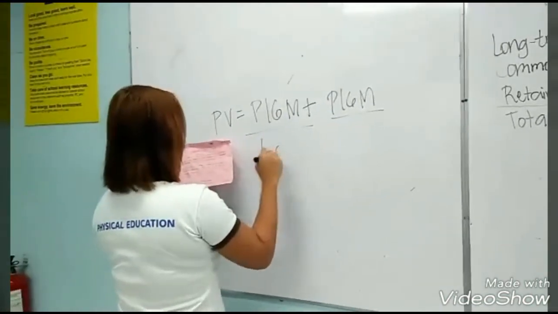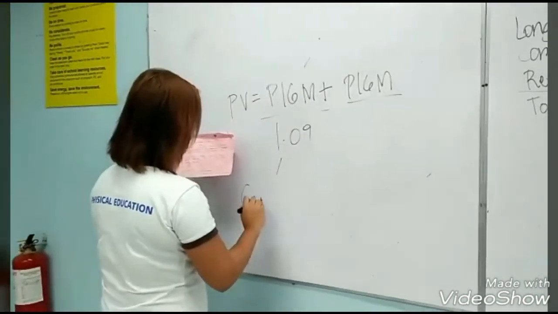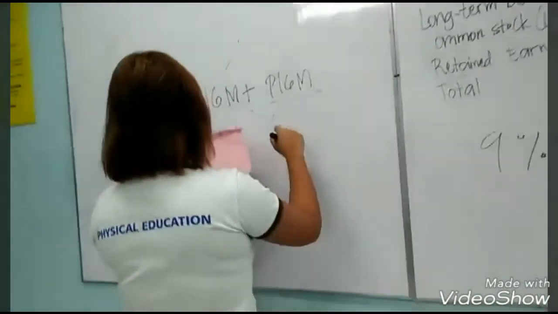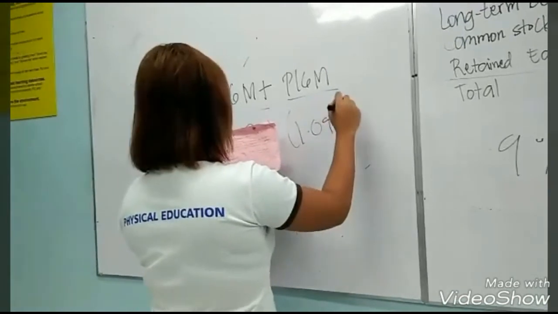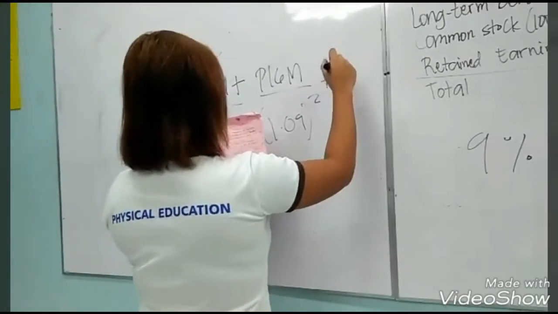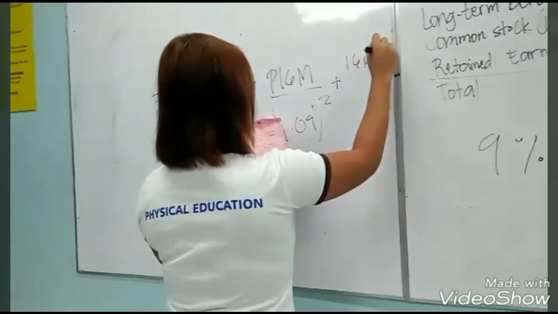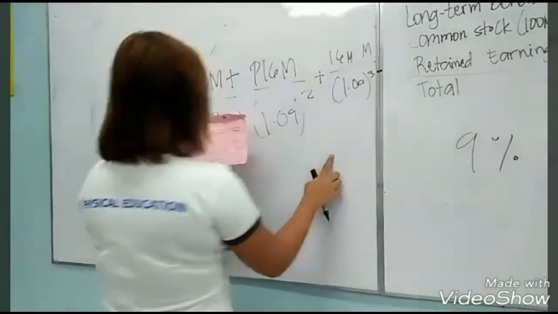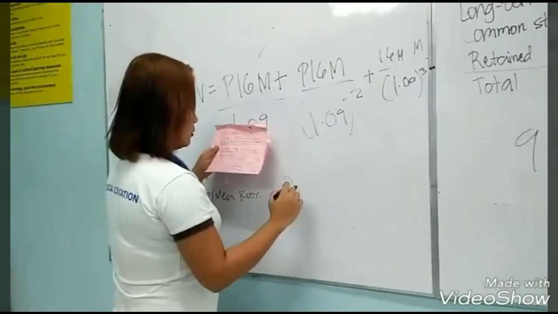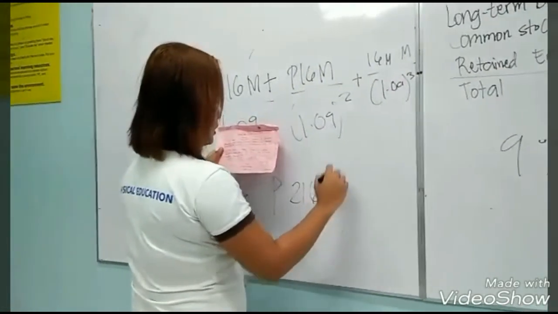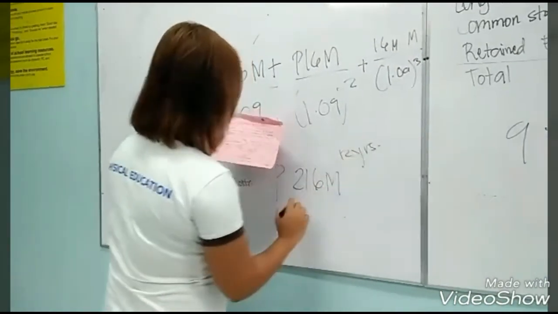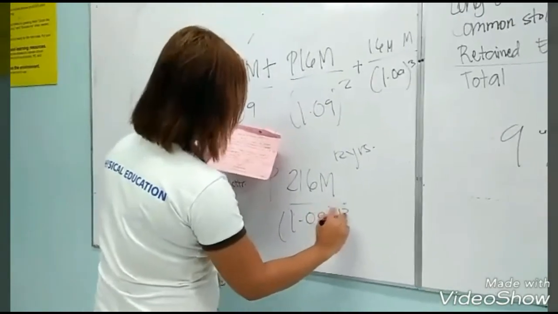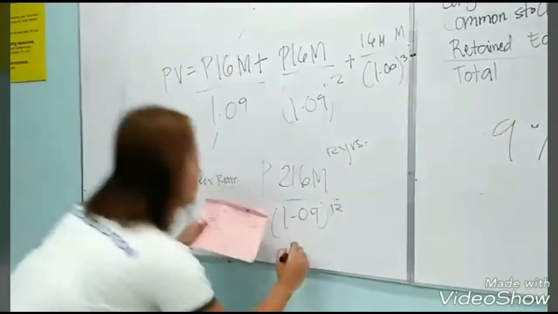Ito yung given na rate. Ilagay mo na hanggang 12. Bale, ang kada year magtataas siya sa 12 years. Ang total niya is